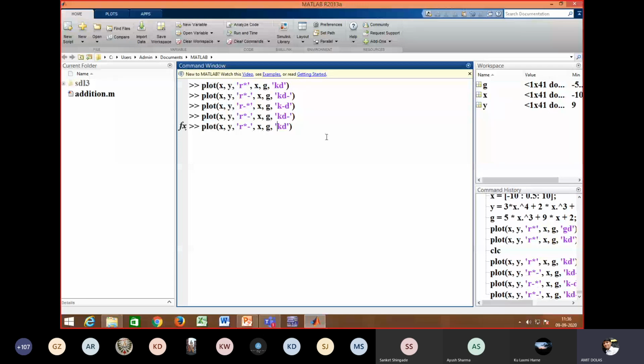So I will mention what is the line pattern, then color and then marker. So sequence तीनों के मैंने change करके देखे हैं यहाँ पे.